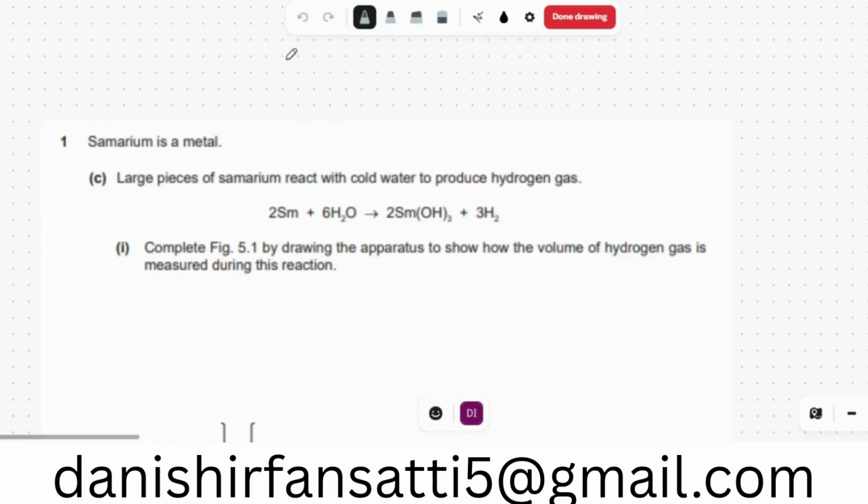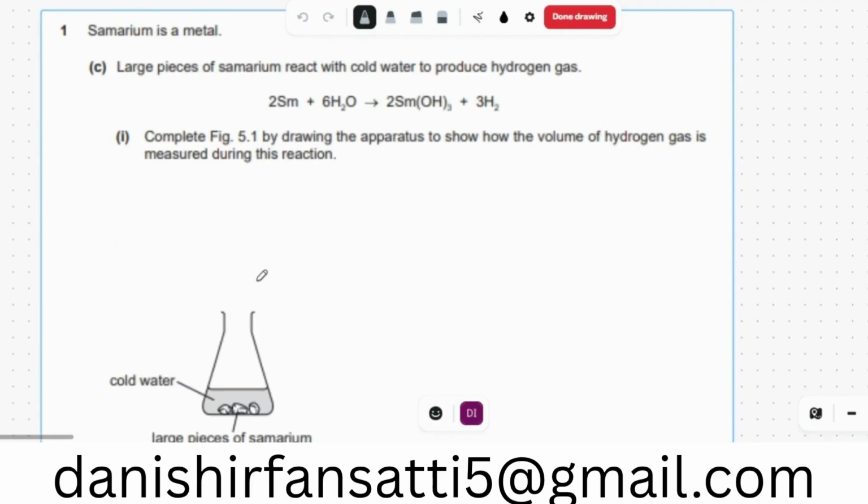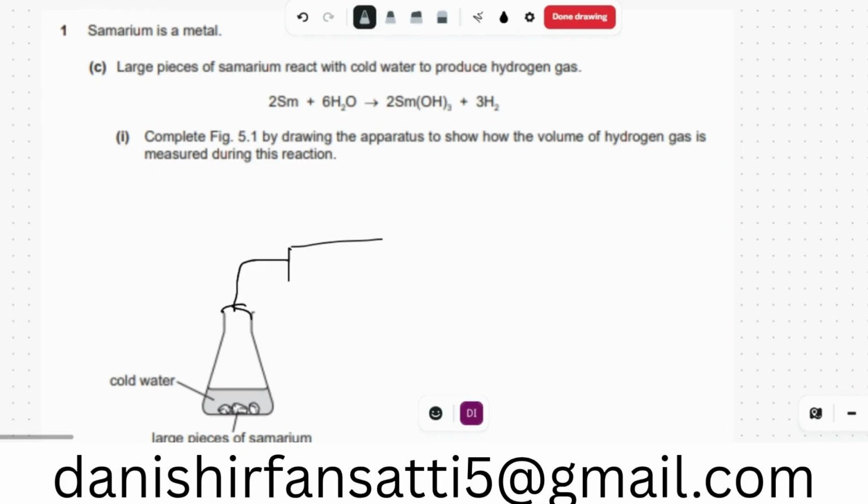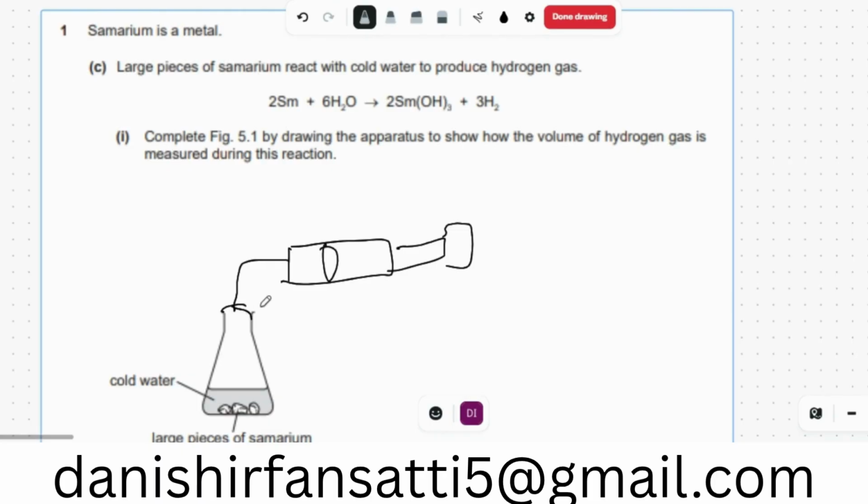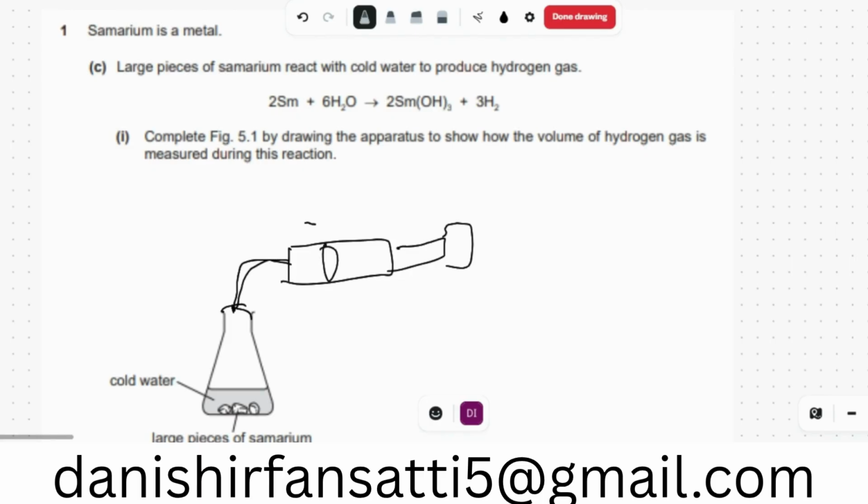Complete the drawing of the apparatus shown to show the volume of the gas being measured. So we just need, I think, one syringe maybe. For example, that would be closed and it will be attached to the syringe, so that will measure the volume of the gas produced. This is a small pipe. I'm not good with the drawing, but you can understand that is a pipe, so gas will flow in this pipe and we can find the volume over here. That would be the volume.